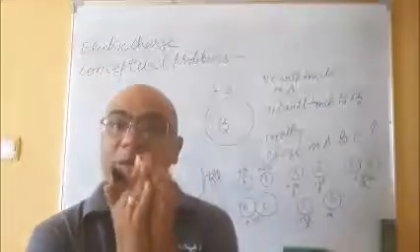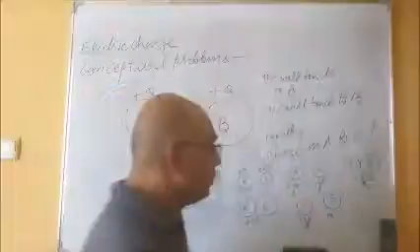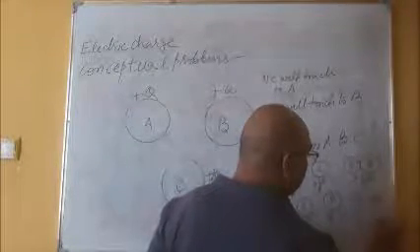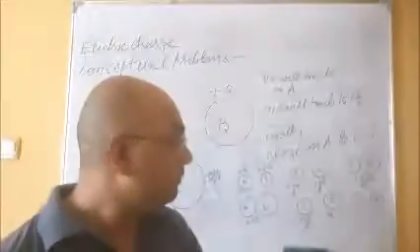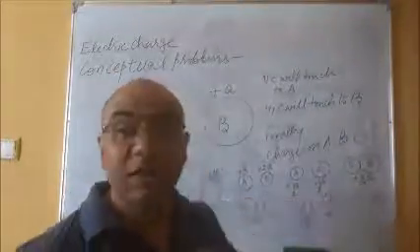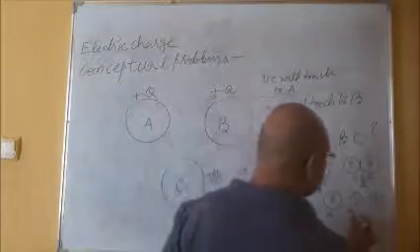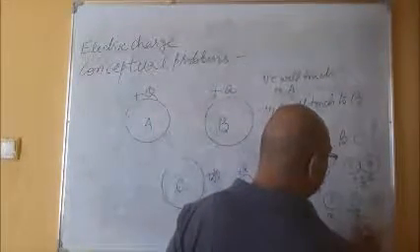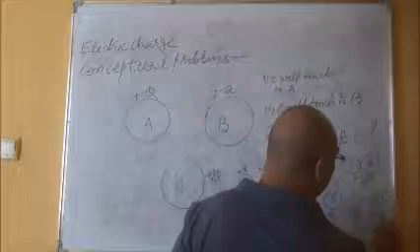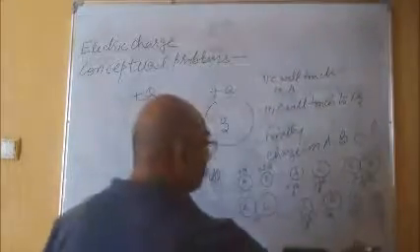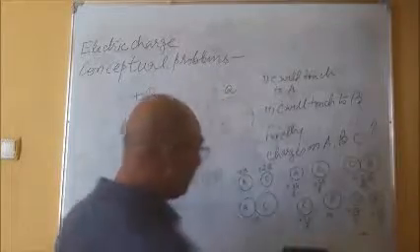And now you will separate B and C. When you separate C and B, this charge will uniformly divide on C and B. So on this 5Q by 4 and on this 5Q by 4. And hence you can analyze that finally,